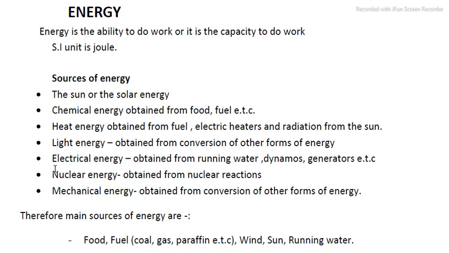We have nuclear energy that is obtained from nuclear reactions. It could be nuclear fusion or nuclear fission. We have mechanical energy that is obtained from conversion of other forms of energy. Yes, we can convert electrical to mechanical